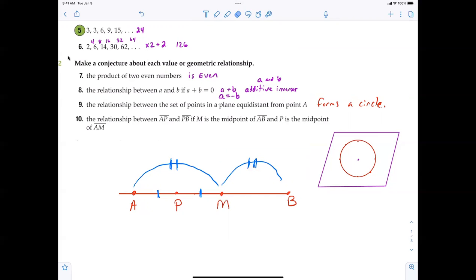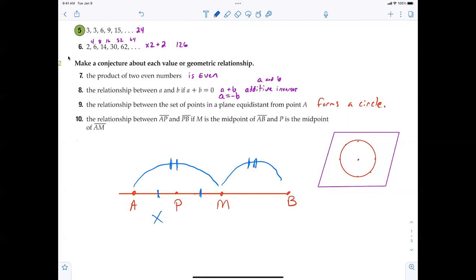So what's the relationship between AP and PB? What's the relationship between AP and PB? Someone please tell me. I'm listening. Very good. AP is 1/3 of PB. Everybody okay with that? Now, the reason that is because if AP is X,